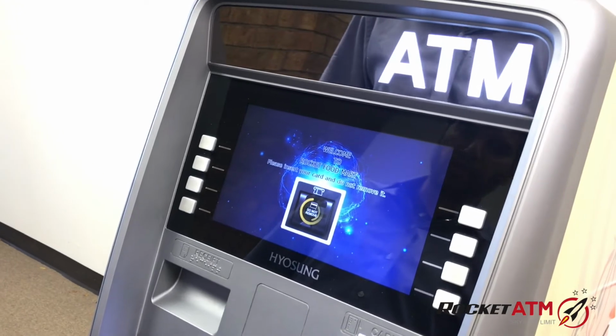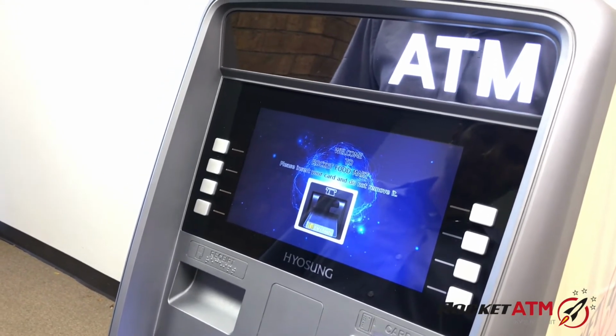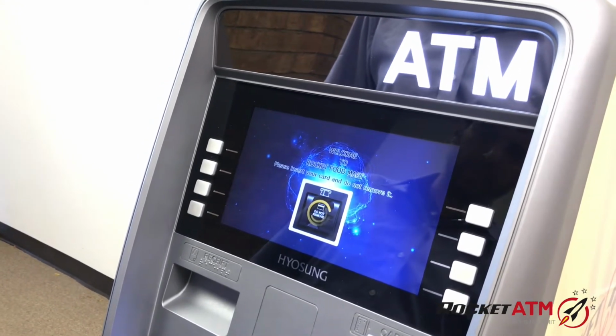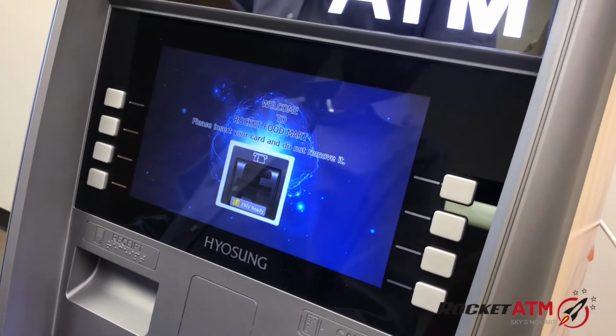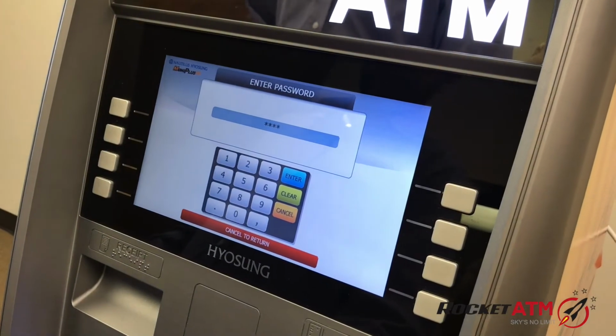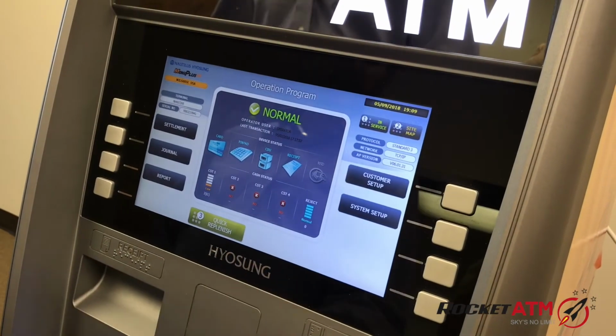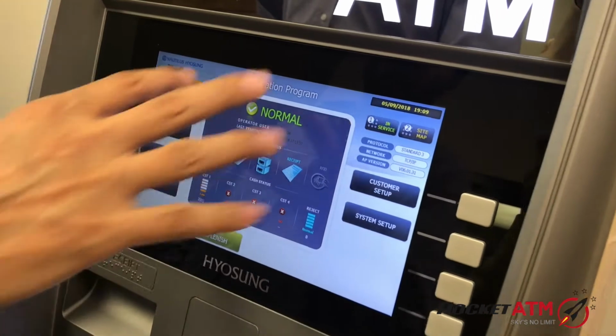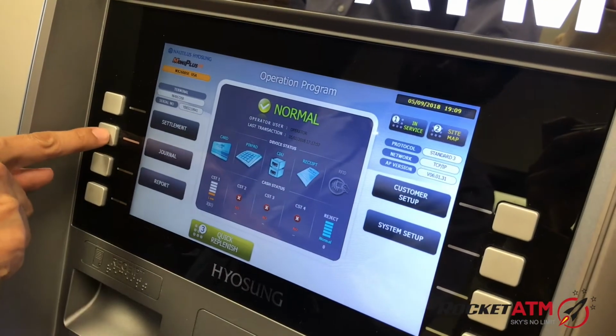This video will demonstrate how to pull transaction records and journal records from your ATM machine. First, you want to log in to your ATM machine. I'm going to be showing you this example on a Hyosung ATM machine. Once you're logged in, you want to go into the Journal menu,